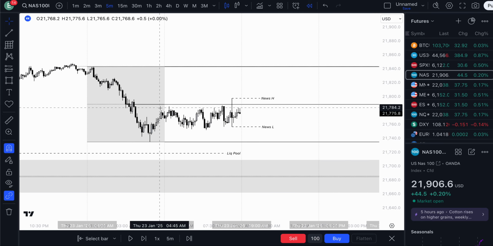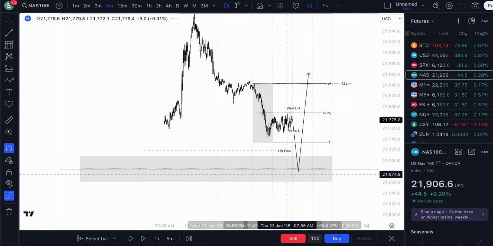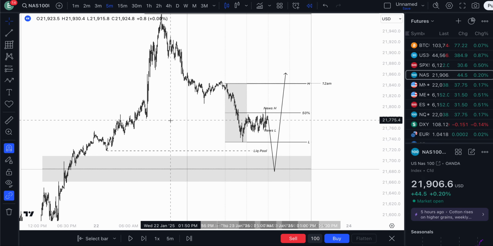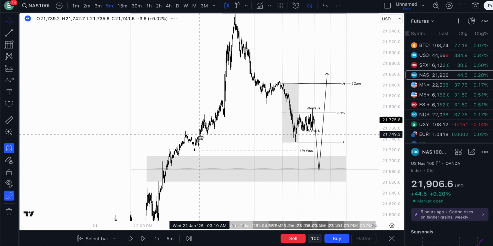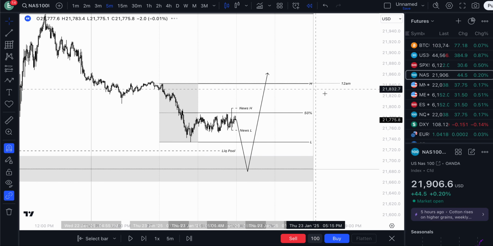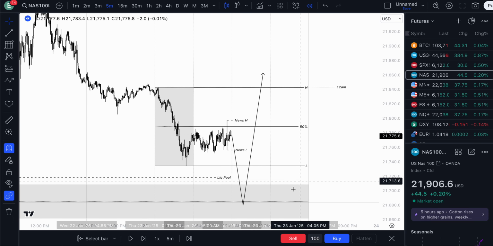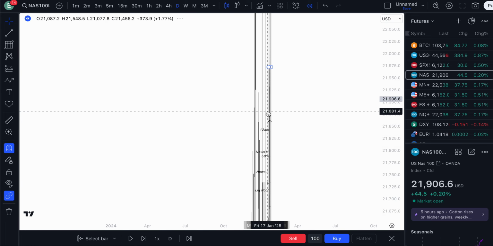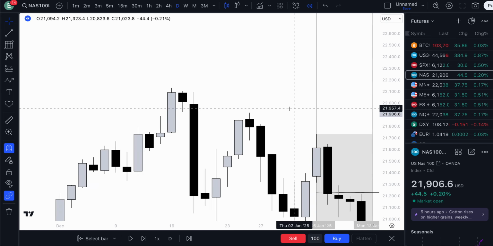Now, that isn't an unlikely scenario. As you see, the previous days we have had ranges of hundreds of points. Down here, 21,680. A 300-point move is not unheard of. If we look at the past days,